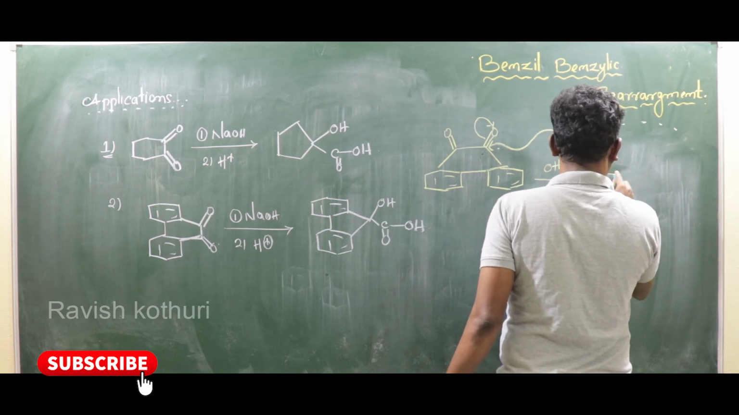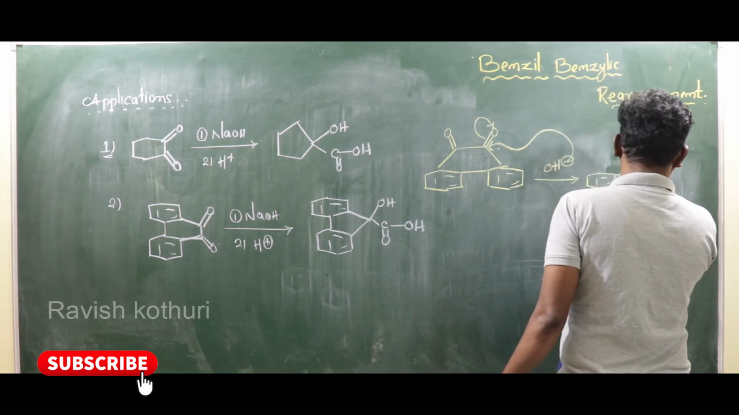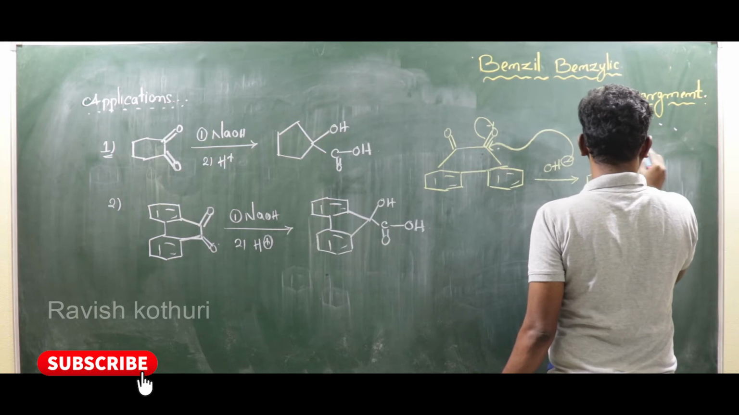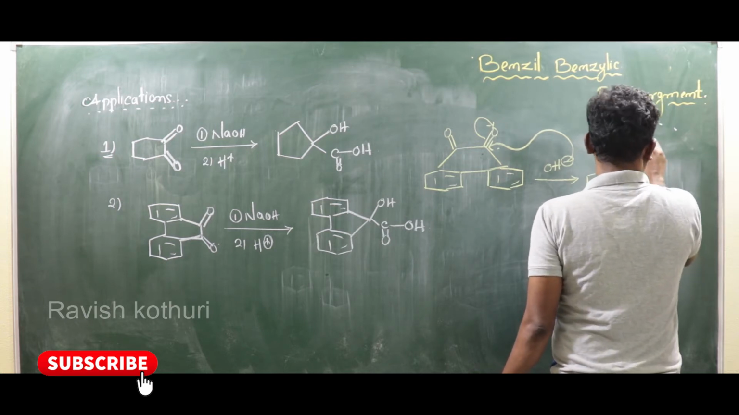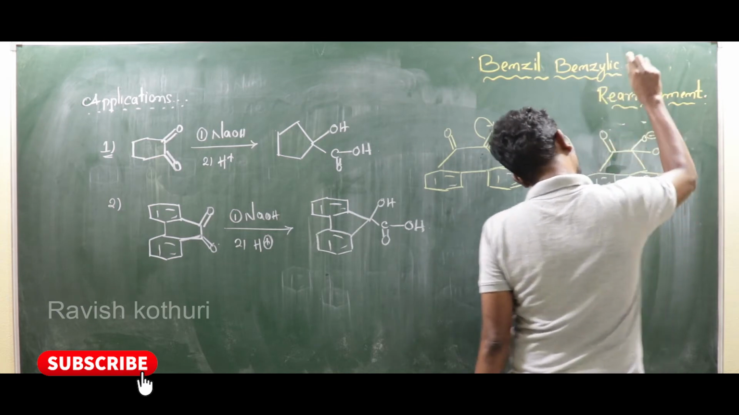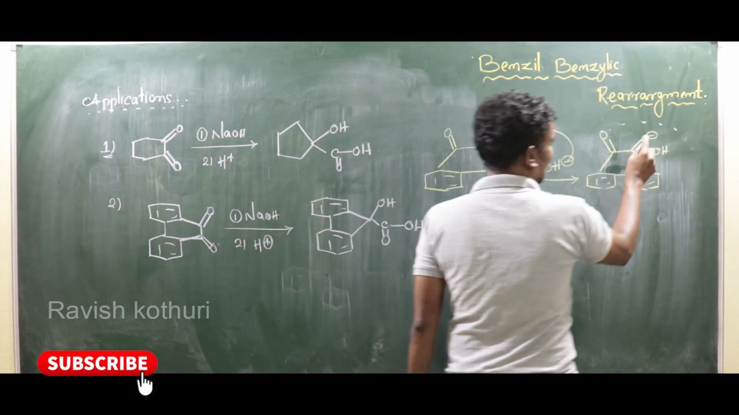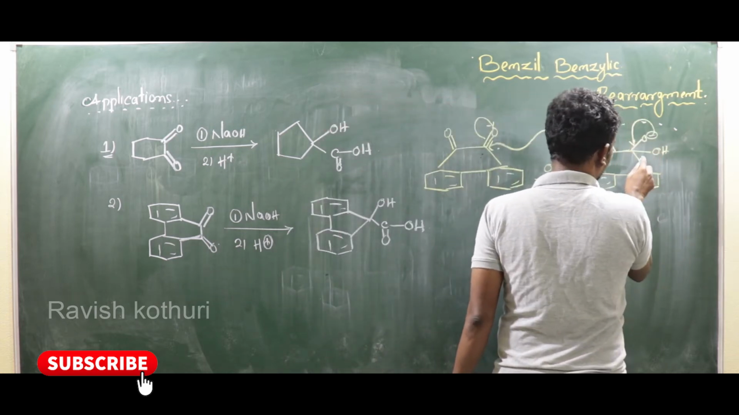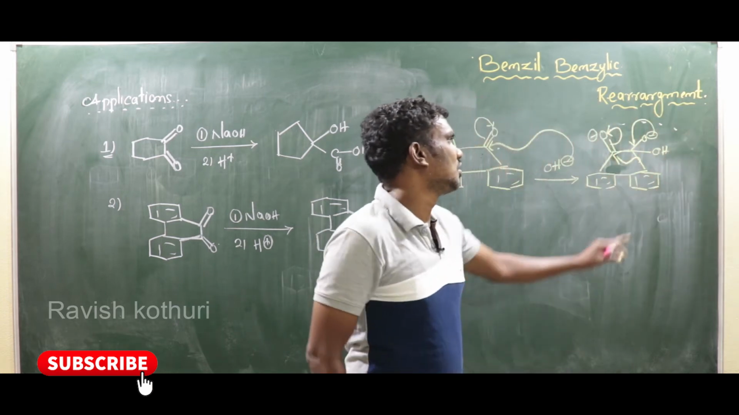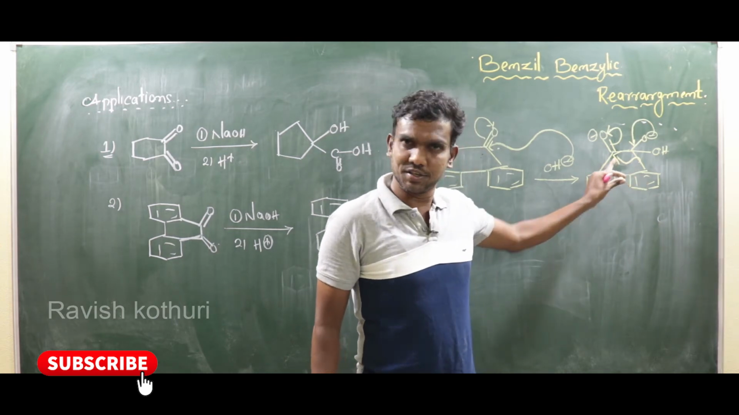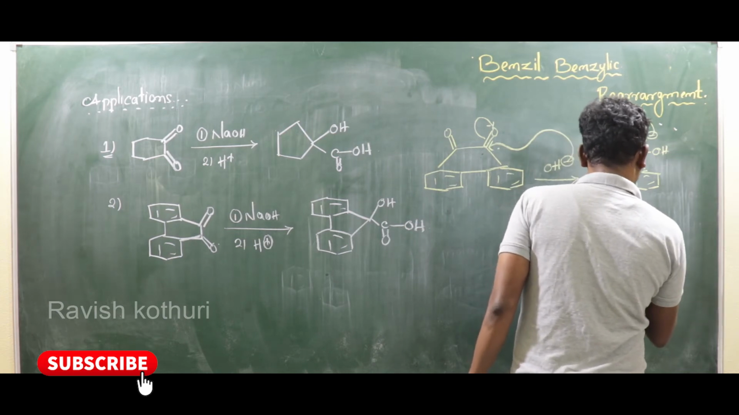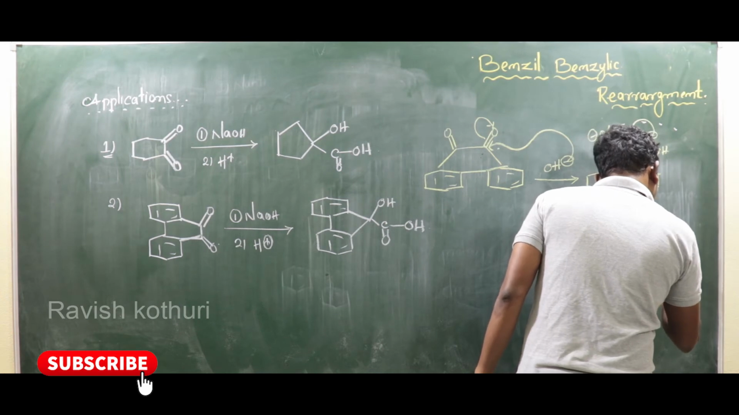So, what is the product? What is the next step? Sorry. The next step is O minus, OH. This will be obtained. Now, due to plus R effect, what happens? This bond will migrate here, right? It gets negative charge. This bond will break and it will migrate here. Now you observe carefully. What happens? The next step is that